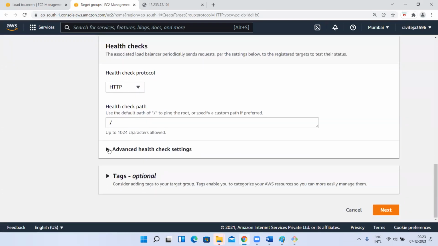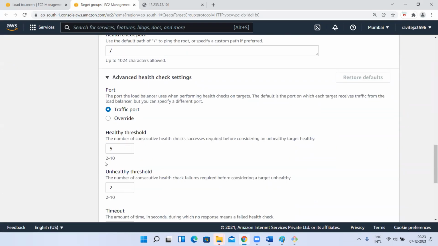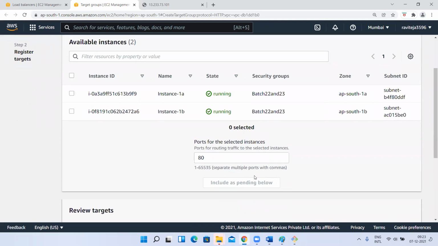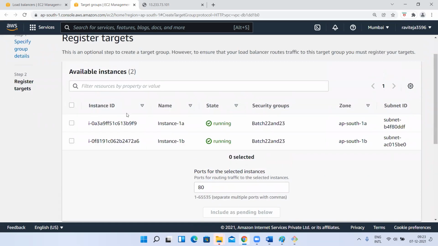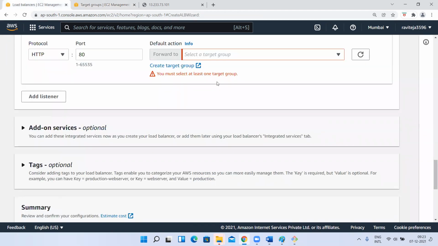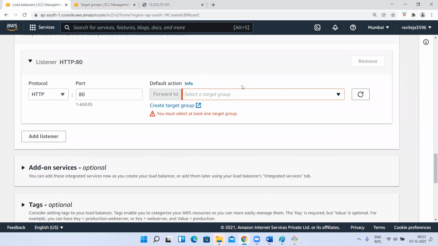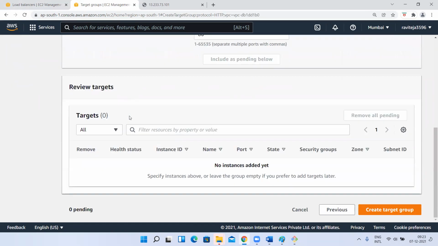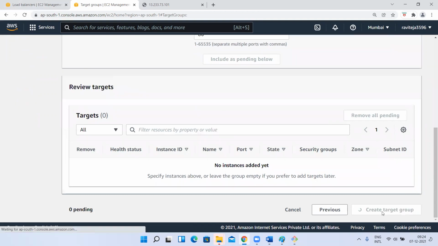And this health check, you don't know as of now, you leave this. I'll discuss it, not tomorrow, now only. Let me click on next, and I'll show you. You just rejoin back, I'll show you. So for this load balancer, how many targets are there? Two. After creating the target group, you come here. I created the target group here, right? So okay, create target group, just create it.